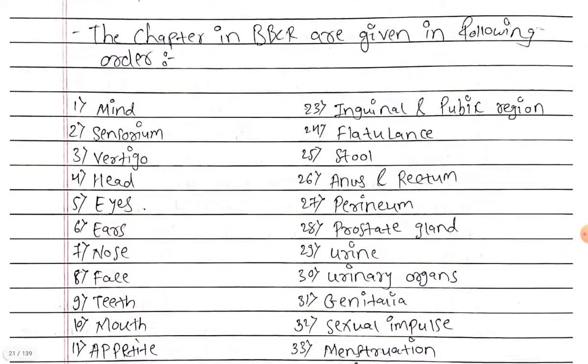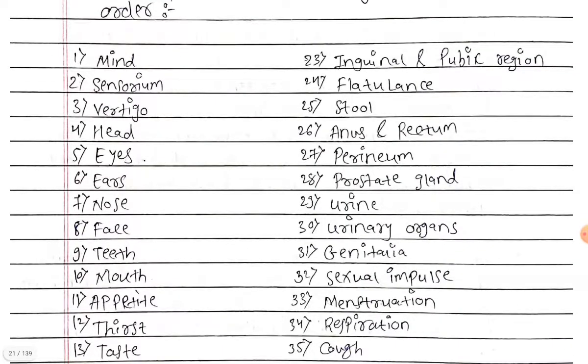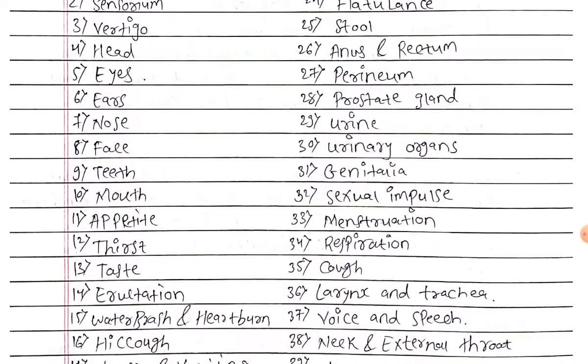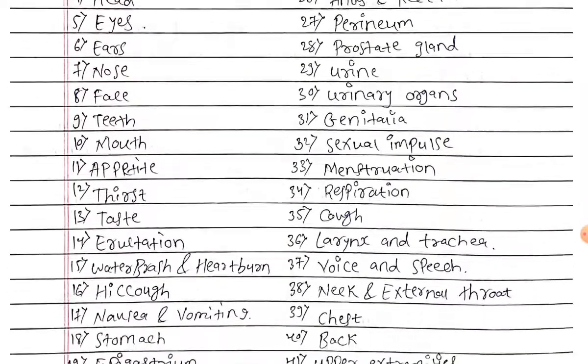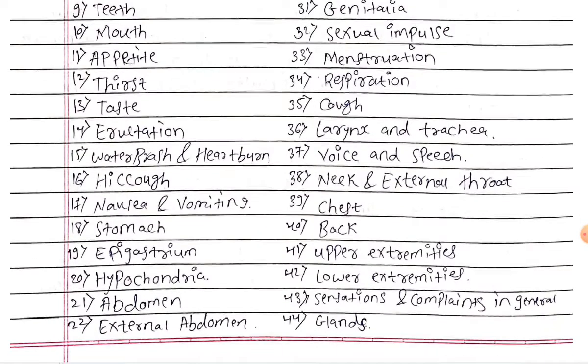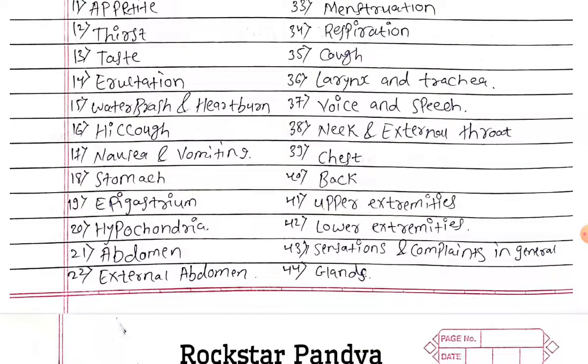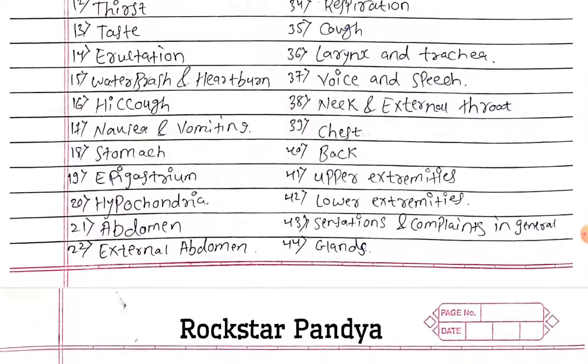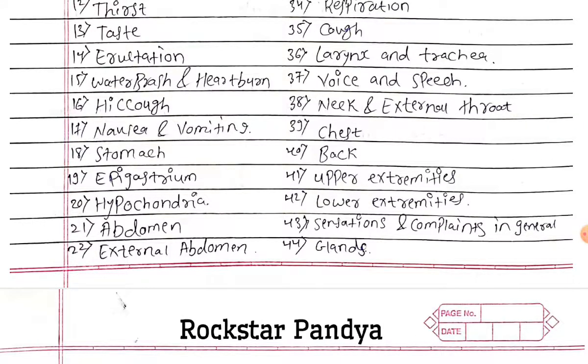Then we have inguinal and pubic region, flatulence, stool, anus and rectum, perineum, prostate gland, urine, urinary organs, genitalia, sexual impulse, menstruation, respiration, cough, larynx and trachea, voice and speech, neck and external throat, chest, back, upper extremities, lower extremities,